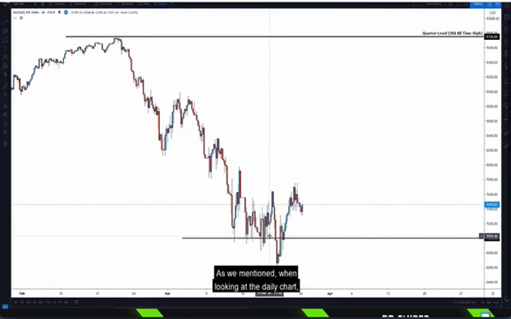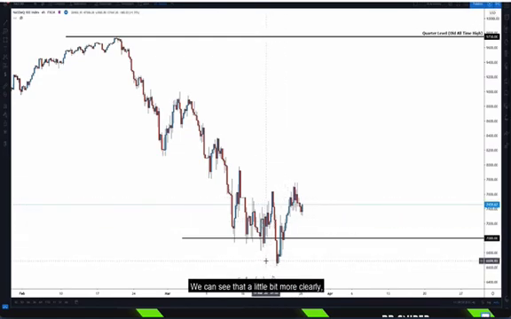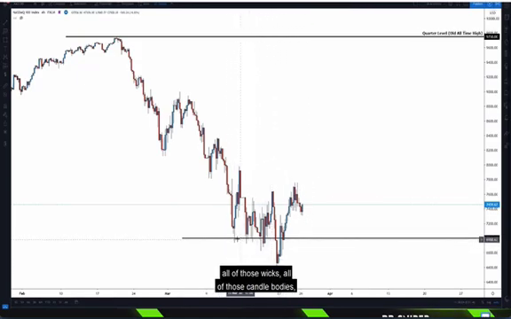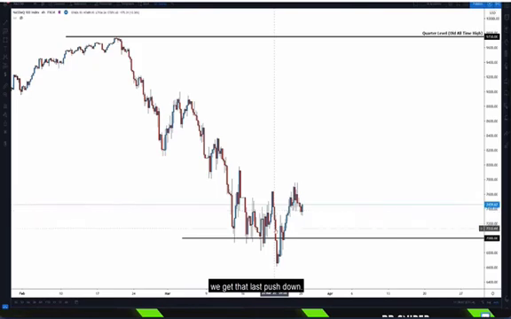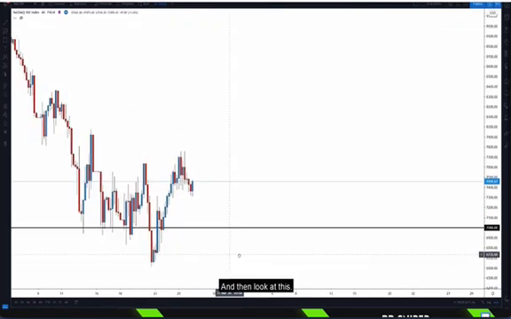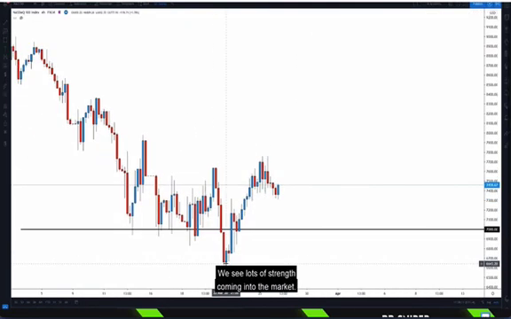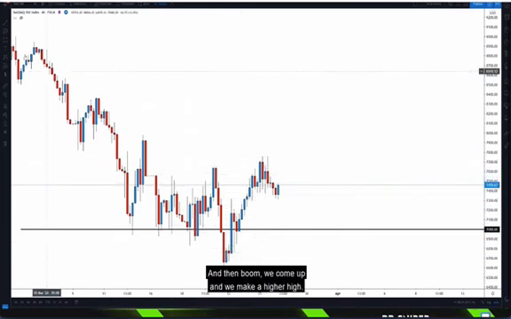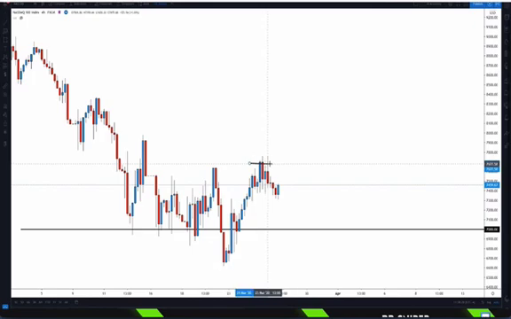As we mentioned, when looking at the daily chart, there was a spring formed. We can see that a little bit more clearly. All of those wicks, all of those candle bodies, we get that last push down. And then look at this. We see lots of strength coming into the market. Nice big bullish candle. We return to that lower point of structure one last time. Trade very, very close to the 67.50 quarter level, and then boom, we come up and we make a higher